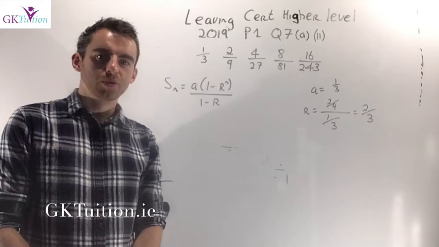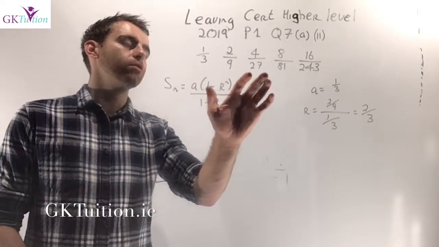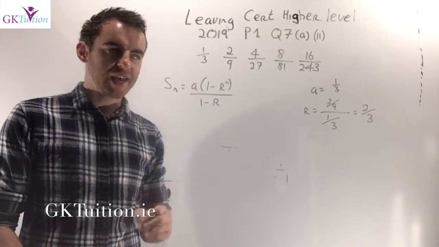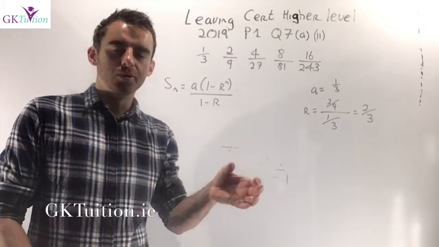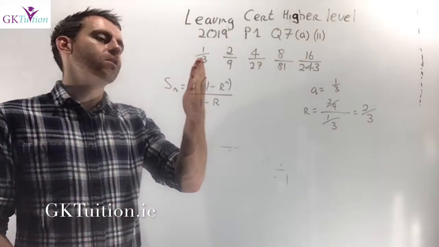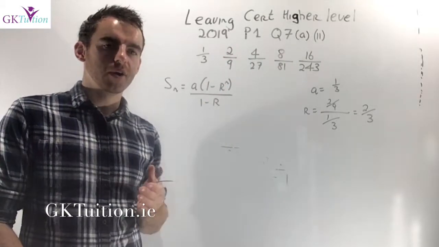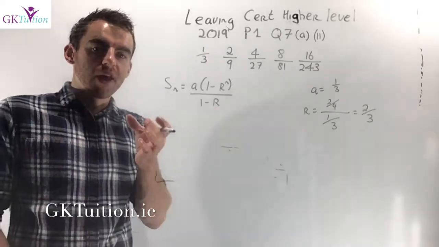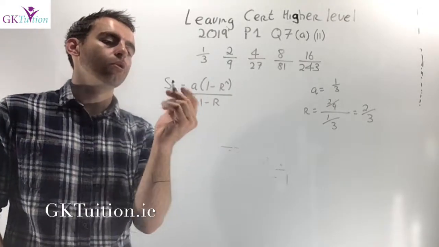Okay, so in A part 1, we worked out that in the first step, 1/3 is removed, then 2/9, then 4 over 27, then 8 over 81, and 16 over 243. In A part 2, it asks me to work out what fraction is removed after n steps. So you need to realize that this is actually a geometric series, that there's a common ratio involved here. So once you realize it's a geometric series, they're asking how much is removed after n steps. That just means if I added them all up,